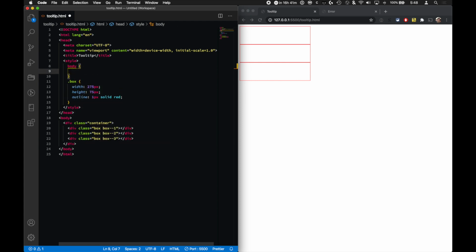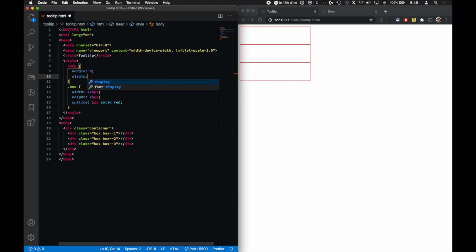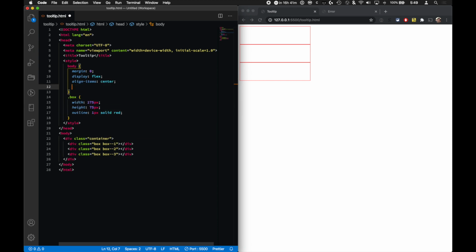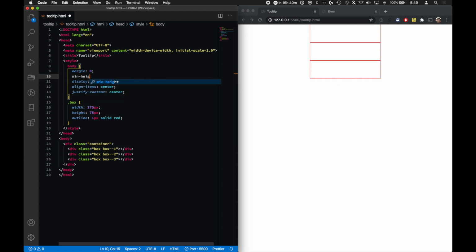So the first thing we need to do is we'll start the body tag right here, and then we'll kill the margin because it adds a small amount, and depending on what the browser is, it can be different. So we'll kill the margin, and then we'll give it a display of flex, and then align-items center, AIC for short, using Emmet, and JCC for justify-content center. Save it. Now you'll see it's actually not in the center because the body isn't actually taking up the whole space. So what we have to do is give the body a min-height of 100vh, and that should